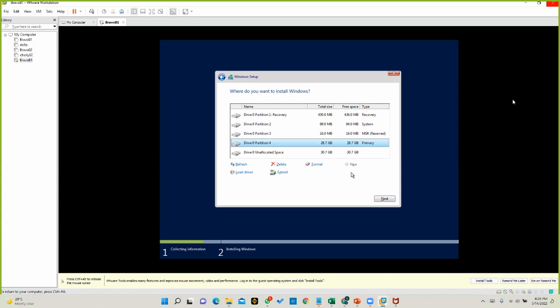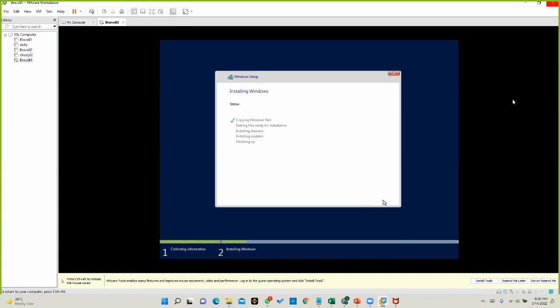Once I give the size which I really require, you can format it, you can delete it, anything. So you can select the appropriate partition that you are going to install and press next.